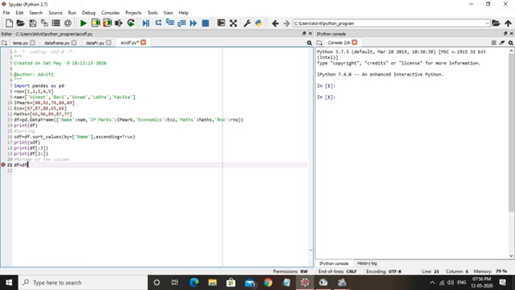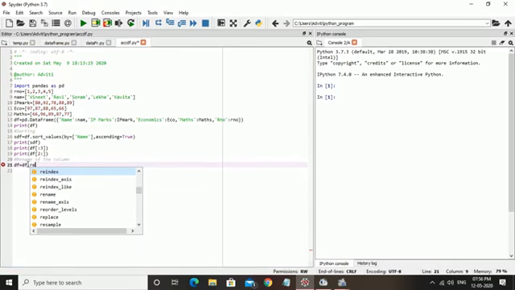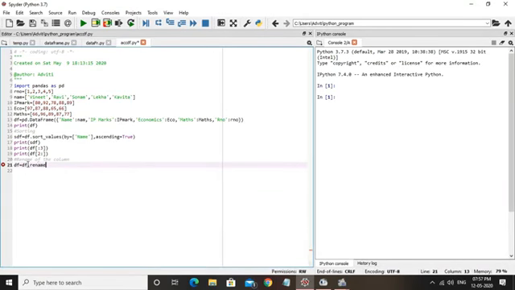So we will use df dot, then the rename function. Now within the rename function we have to define the columns. Which columns do we want to change the names of? So we will use columns equals to, and then we define the name of those columns. Let's say the column name was name, and what we want to give as the new name is student name, st name.